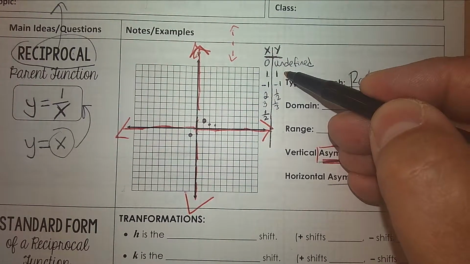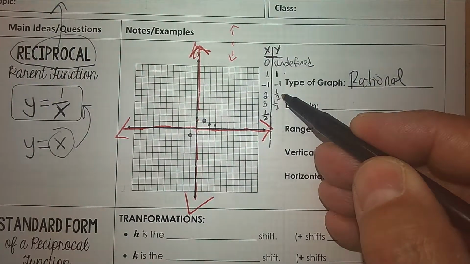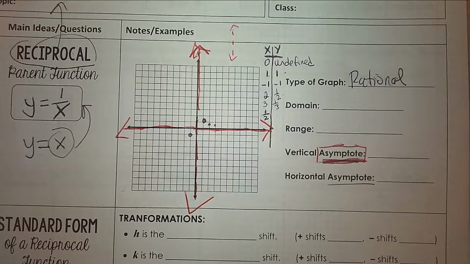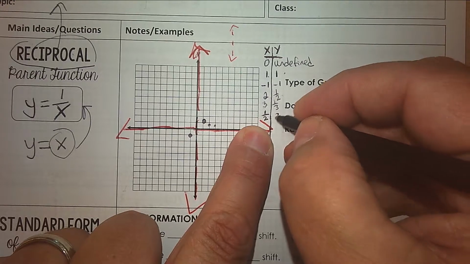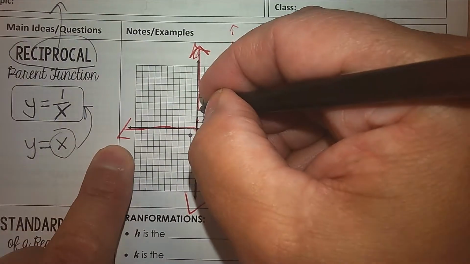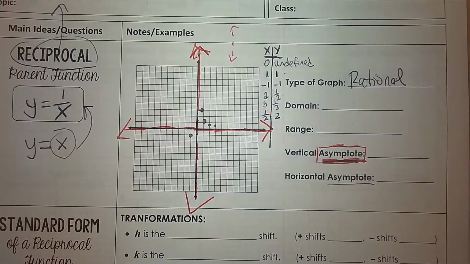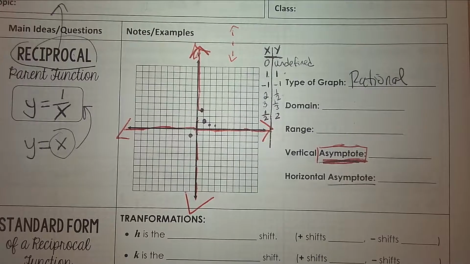What's the reciprocal of 1? What's the reciprocal of 2? What's the reciprocal of 3? Get why it's called reciprocal? What's the reciprocal of 1/2? So can you find 1/2 and 2? Now, I'm not going to make you do this, because I just want you to know the direction of the